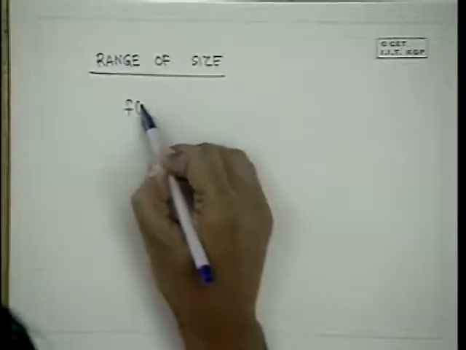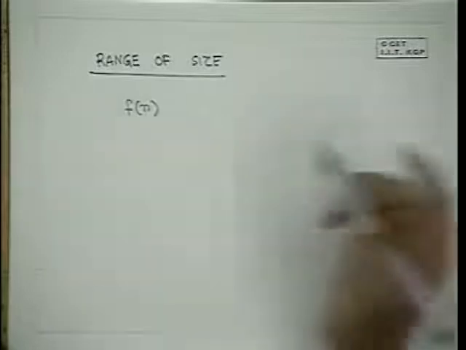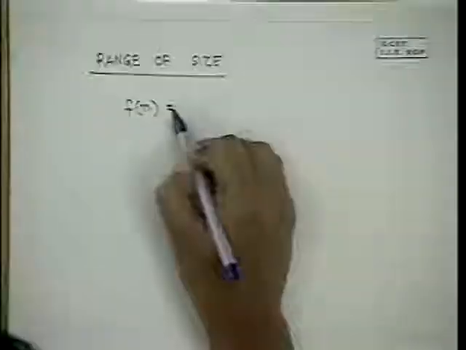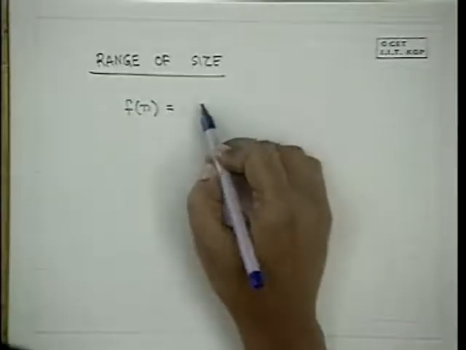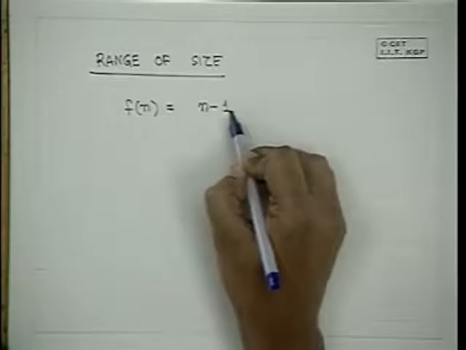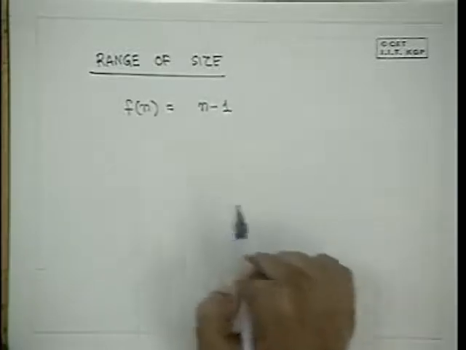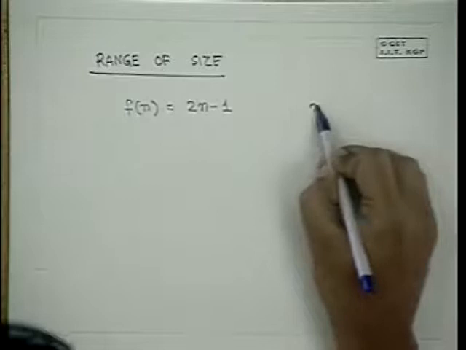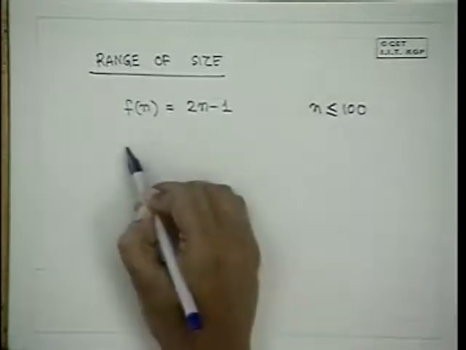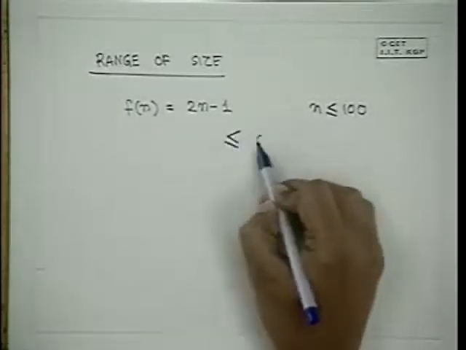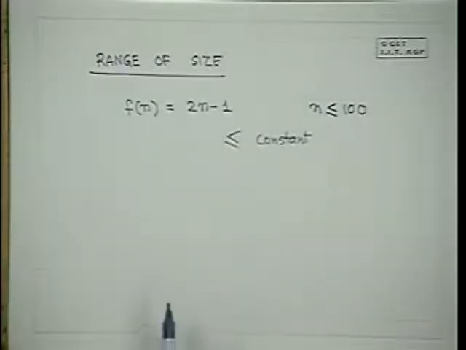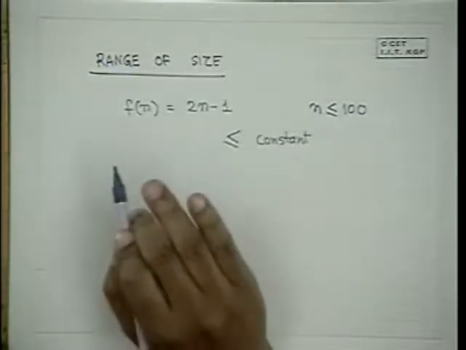Even if you say that my addition of 100 numbers, suppose I give you 100 numbers and I ask you to add them. You can say that obviously for addition of n numbers, I have to make n minus 1 additions. Add this, add this, add this, add this, and store it in a temporary variable, n minus 1 additions. But if I know that n is less than or equal to 100, then obviously this is bound by a constant. So my total complexity is no more a function of n.